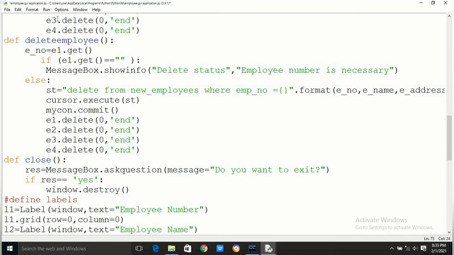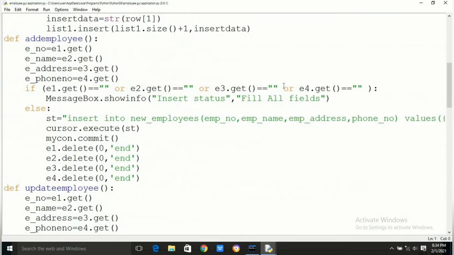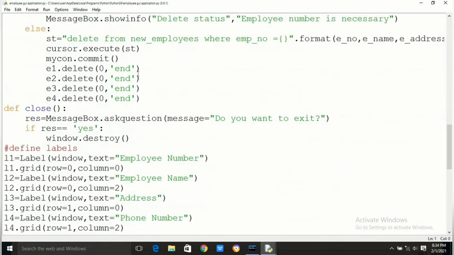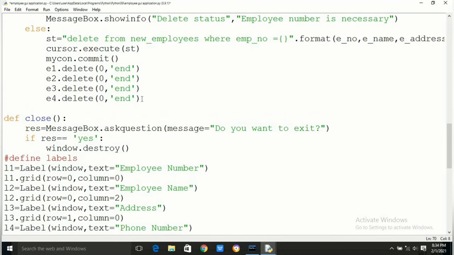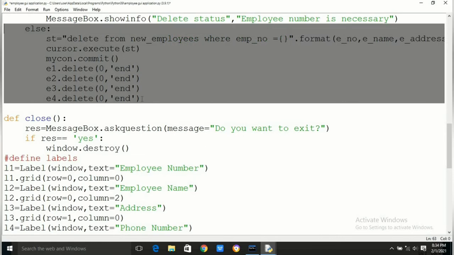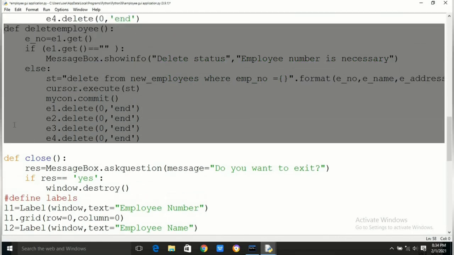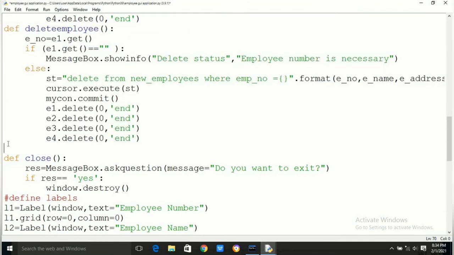For this we have to write code to search employee. To search an employee we only need the employee number. If the employee number is there, we can run a select query by giving the employee number and we can get all the details from the backend database.